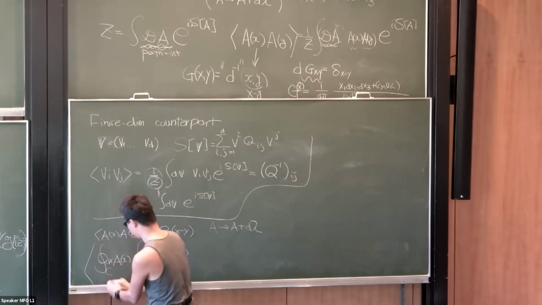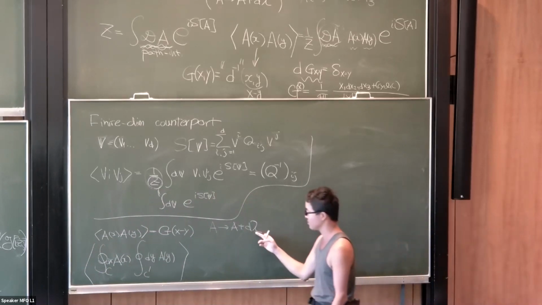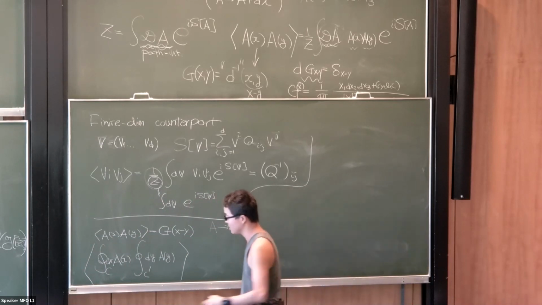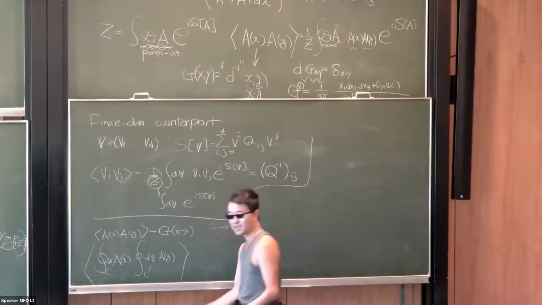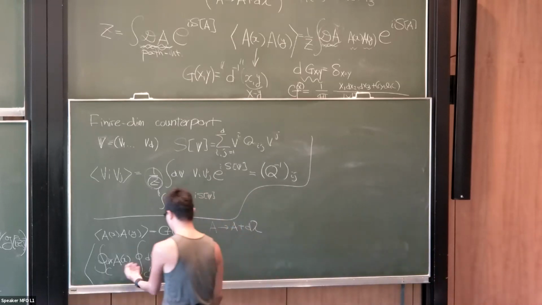So if C and C prime are closed paths, then you can do the gauge transformation. But if you do Stokes' theorem, it's 0. So it's a gauge invariant object. So if you take a path, like a knot, and this is a gauge invariant object, then you can talk about the 2-point functions.